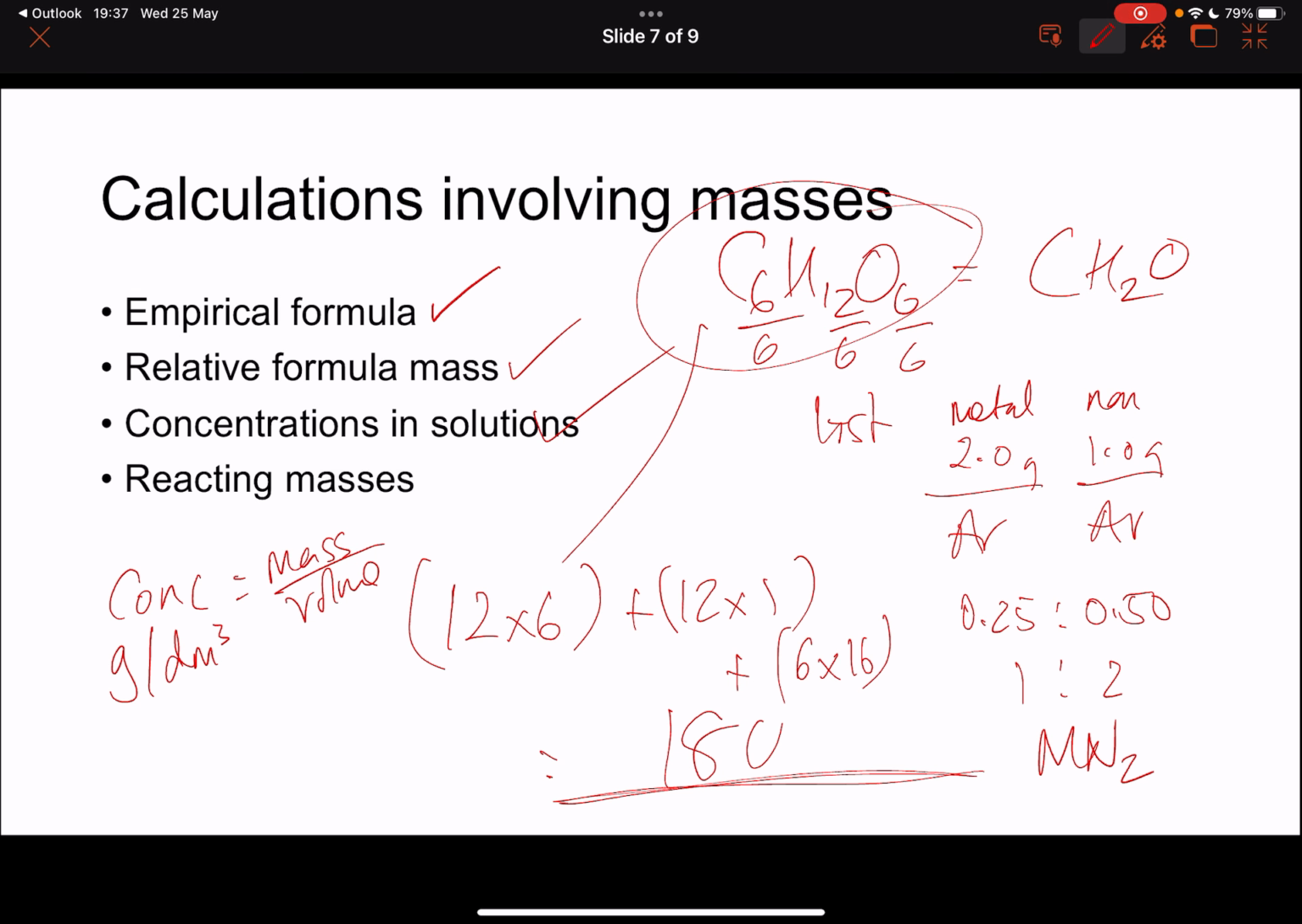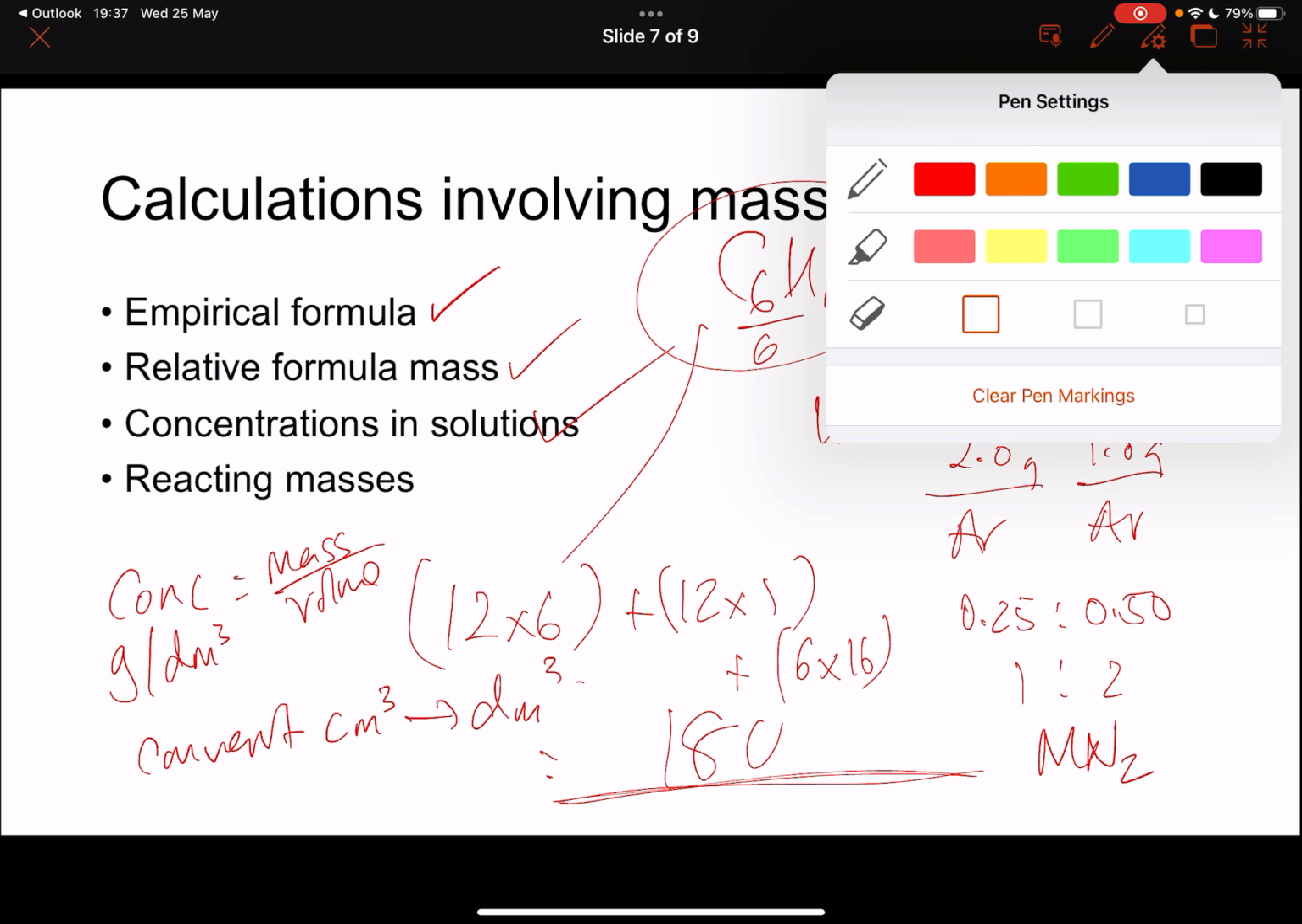Simply, you know the mass, you know the volume, divide the two together. Just one point to be aware of: convert volume from cubic centimeters to cubic decimeters. Reacting masses is probably the most challenging part of this